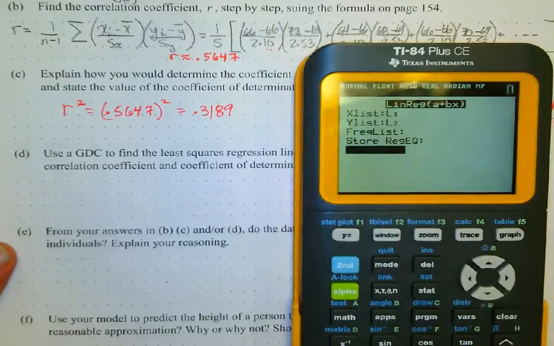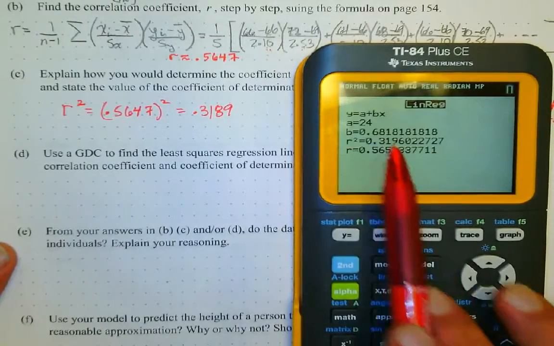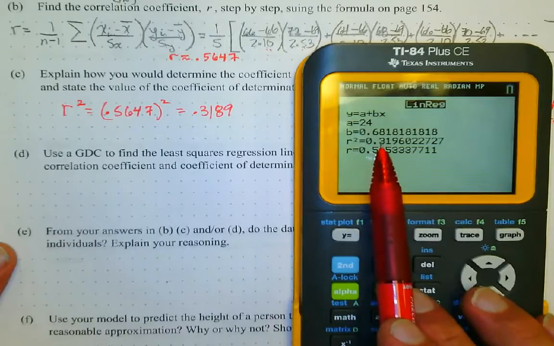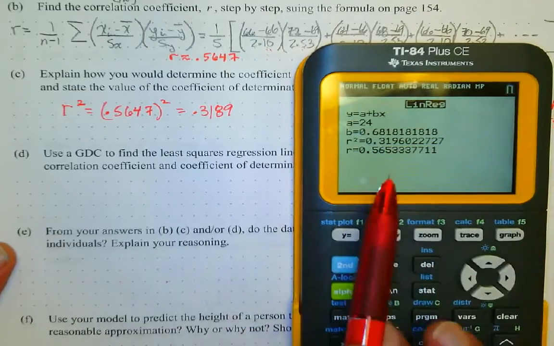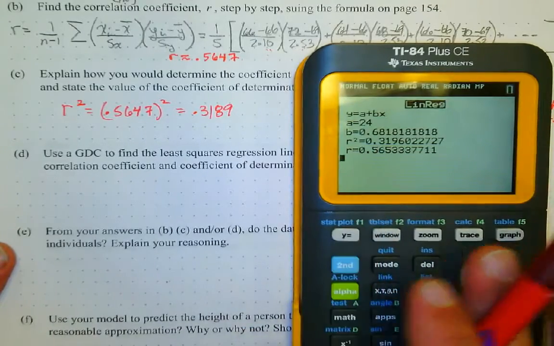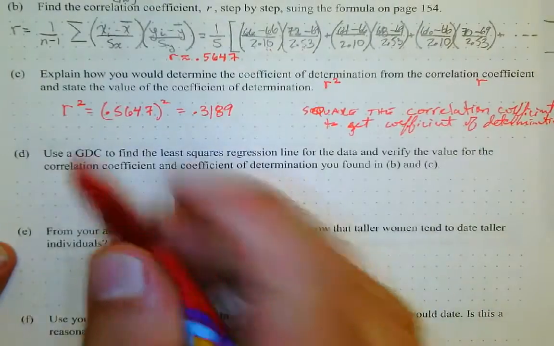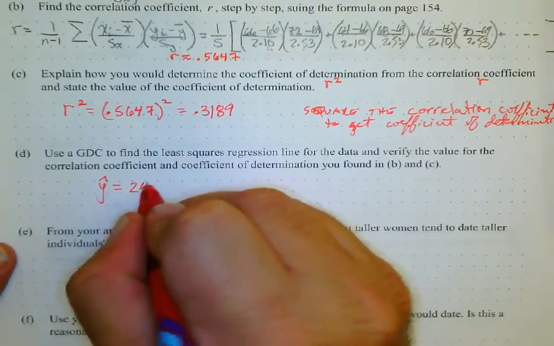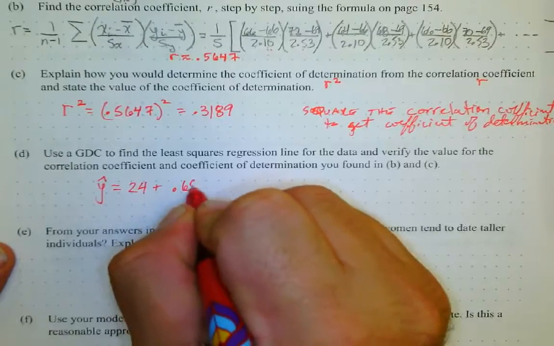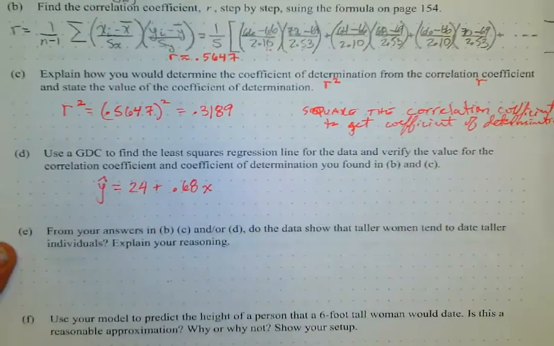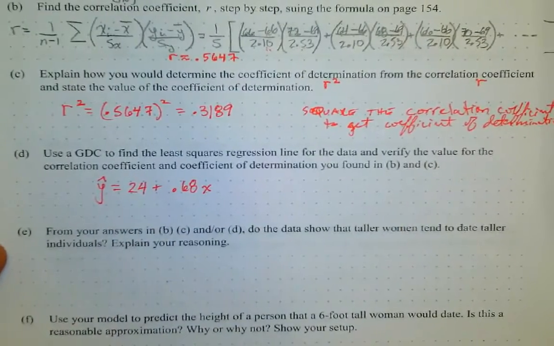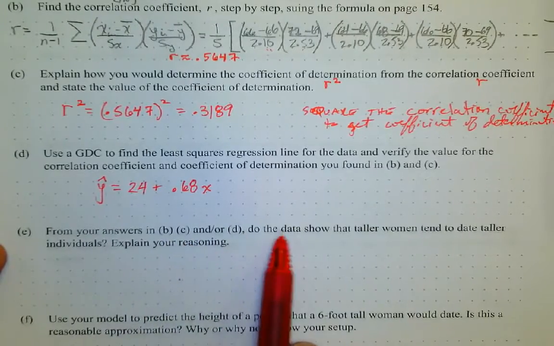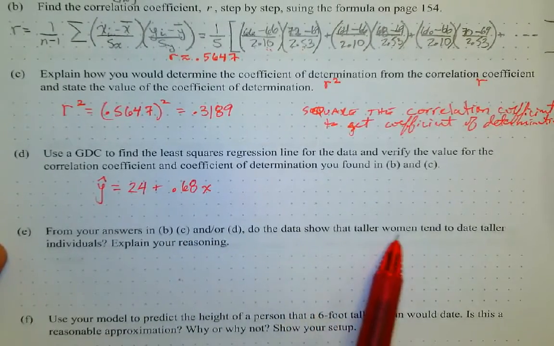We're going to calculate that equation, and we see that it's going to be 24 plus 0.68x. And we already talked about looking at those values, how they were close. So, notation, y hat, the least squares regression line, is 24 plus 0.68x. Okay? Now, using your answers in B, C, and or D, do the data show that taller women tend